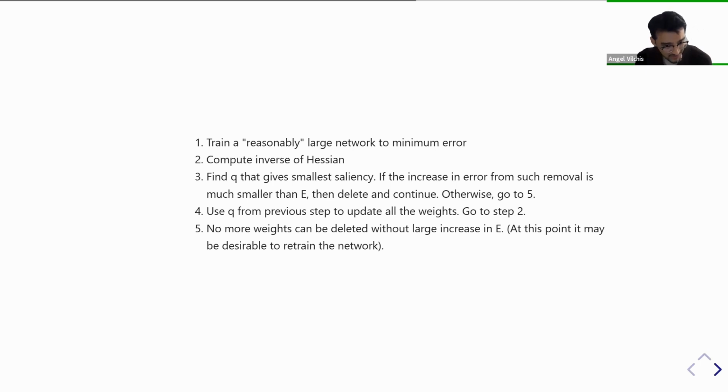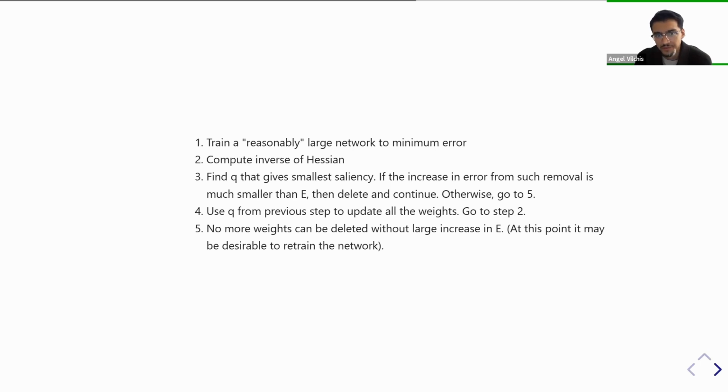Whereas optimal brain damage, we remove a certain amount of weights and we retrain. This one, after we remove a weight, we don't have to retrain. We update all the weights mathematically, as we'll show. So the main computationally intensive part in this approach is computing the inverse of the Hessian. And we don't assume a diagonal approximation, so this would take